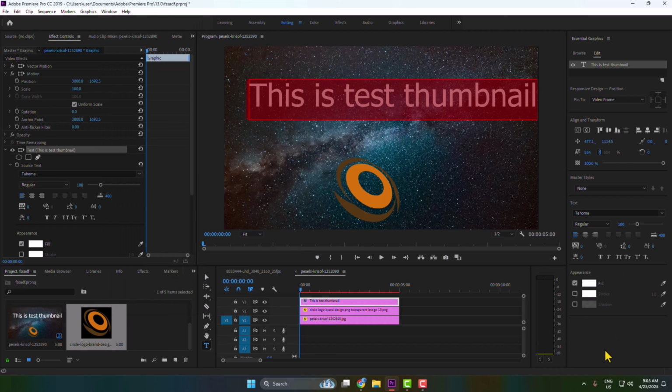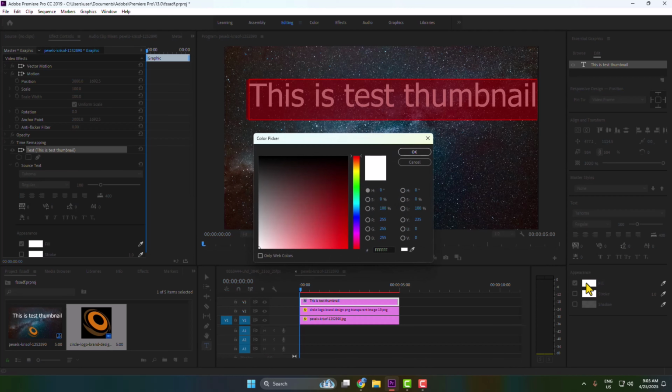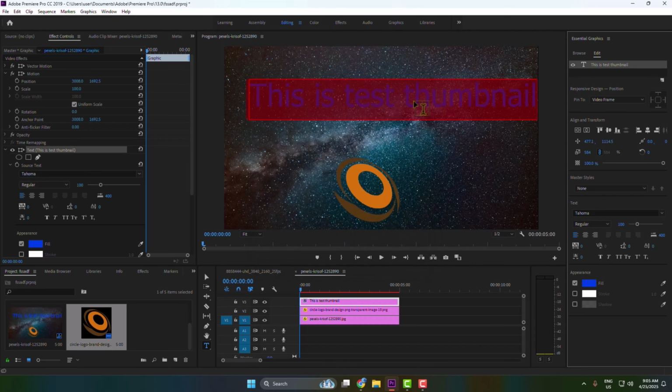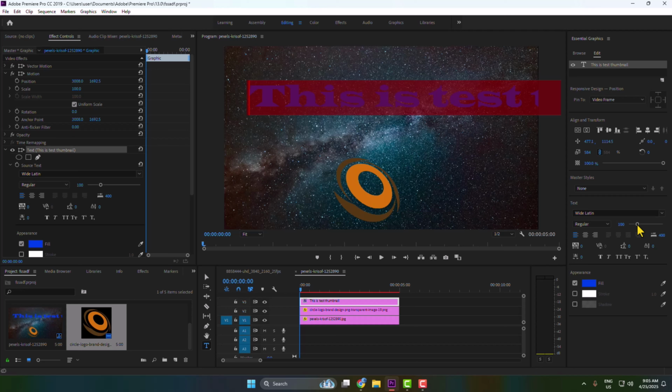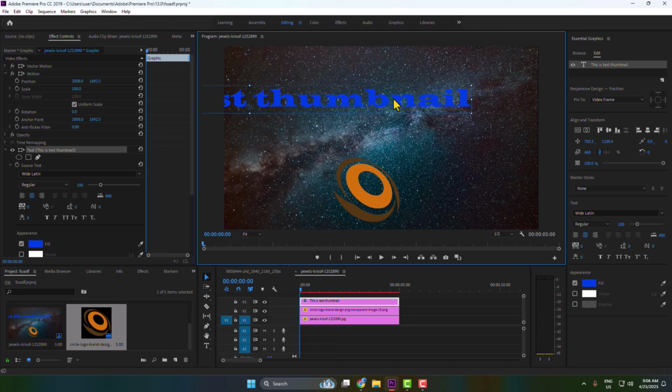Now here, if you want to change your text color, just click on this fill box and you can go ahead and select a different color for your thumbnail text. And you can also change your font from here. You can change your text size, you can change your text alignment, and then here we can see the final result